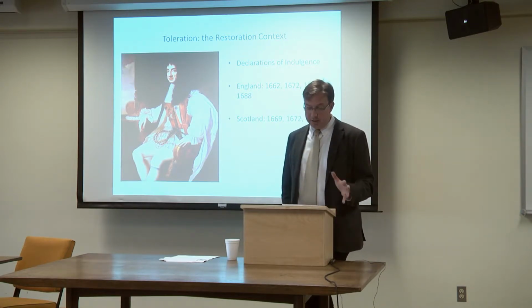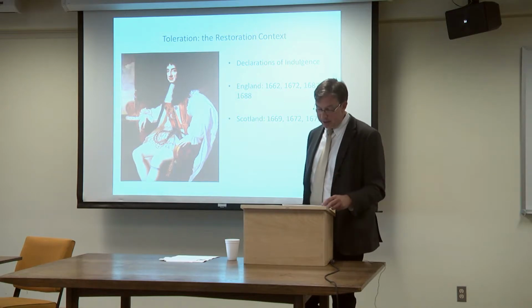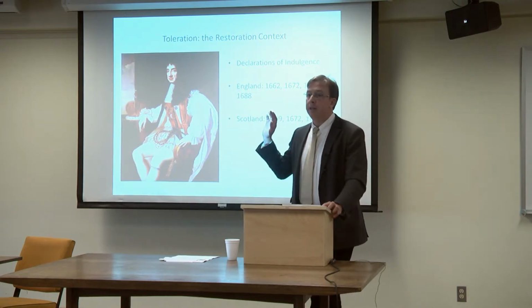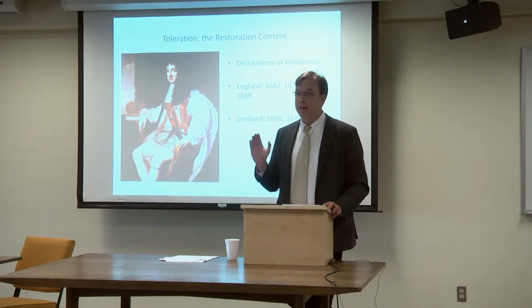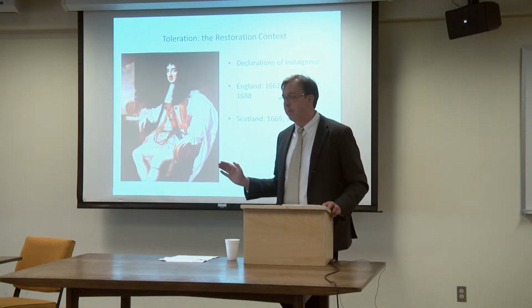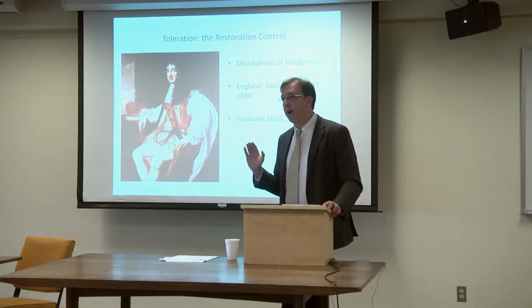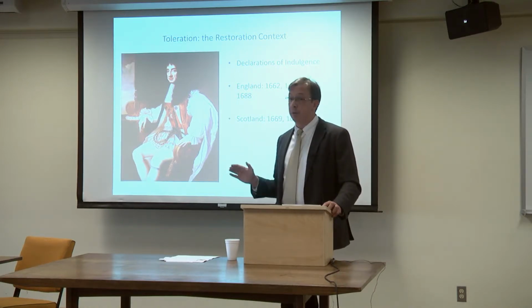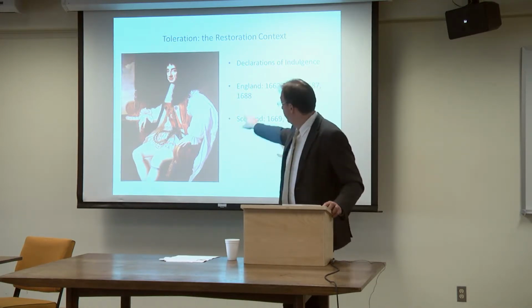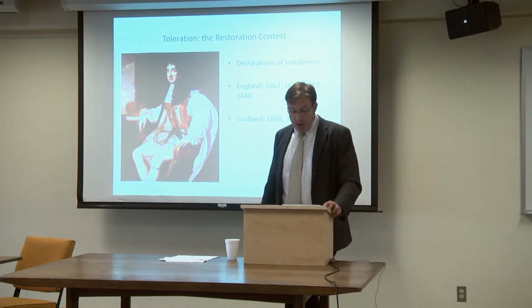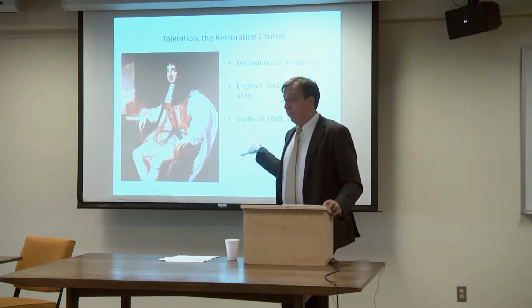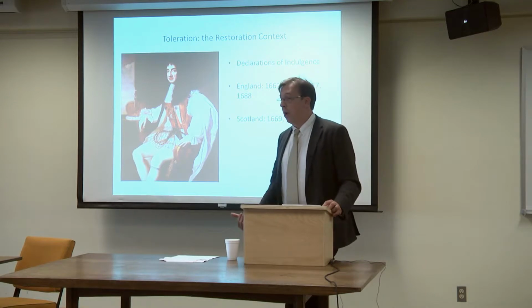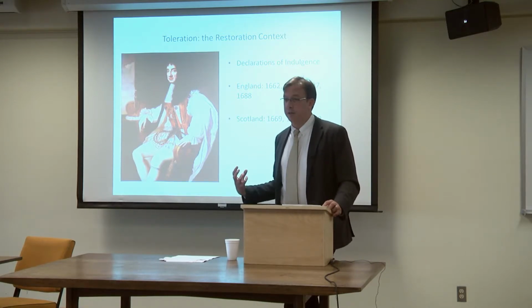Now, opposition to these declarations was partly based upon opposition to the very end, not the means itself, but the end. So in Parliament, you have a predominance of high church Anglican opinion during this period. They don't want toleration, and they force the king to retract these. Most of these come to grief. In fact, all of them come to grief. Charles is forced to withdraw his, and as many of you will know, James's effort at this plays a major